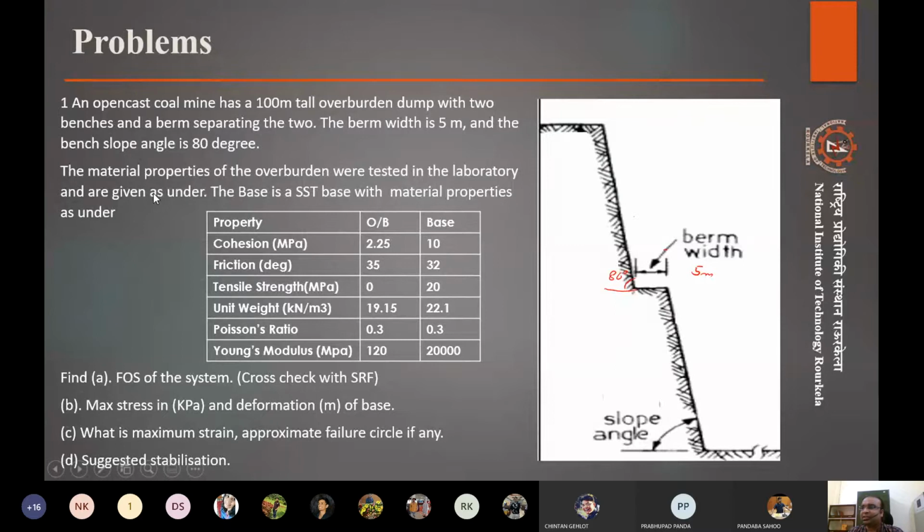This is a very straightforward problem that generally we can have. In practical scenarios also something similar will be available, but complexity will be more. But in this case, it is very simplified. We have an overburden dump. We have two benches on that and a berm that separates it, right?